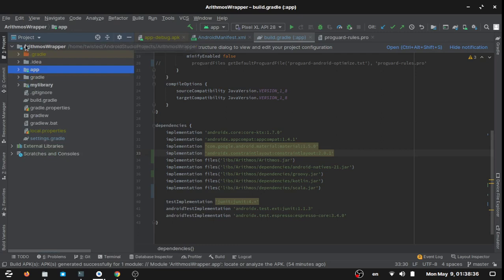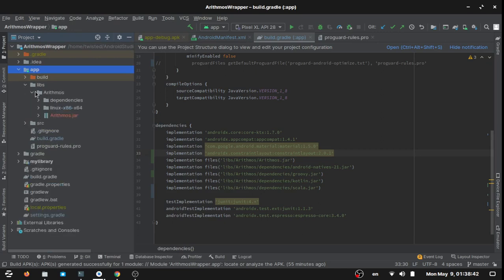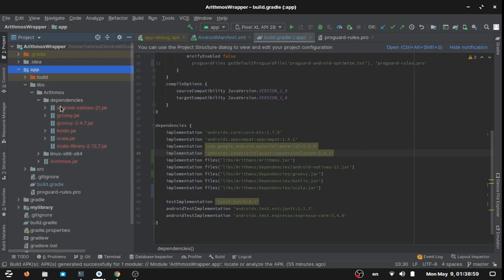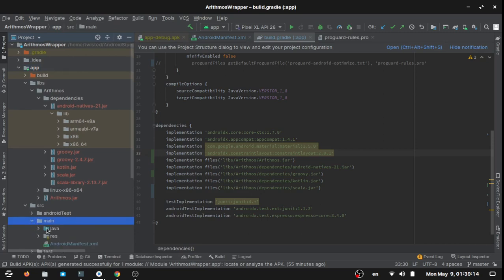So inside this project, this is Arithmos wrapper, for example, a template for Arithmos. Arithmos is a JVM and native algorithmic library. It uses natives, some stuff like B-threads and message queues, etc. Anyway, you get the point. We have the dependencies, and then we have the Android natives module jar file, and inside that we have the library file. It actually gets merged